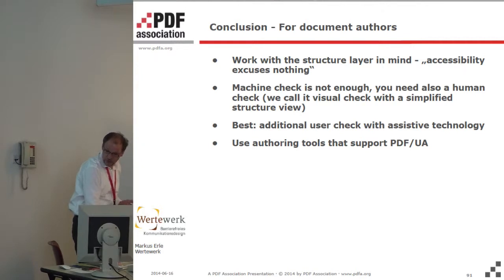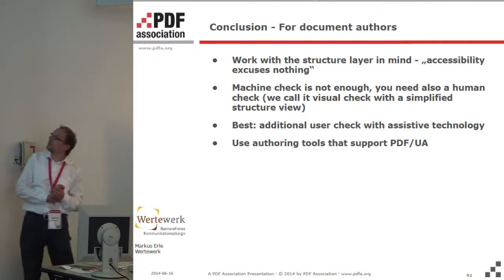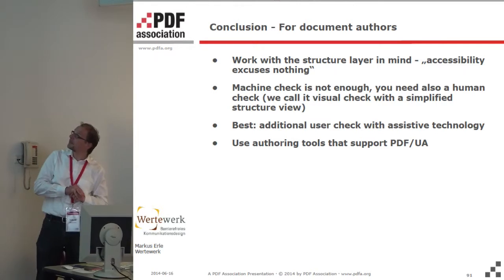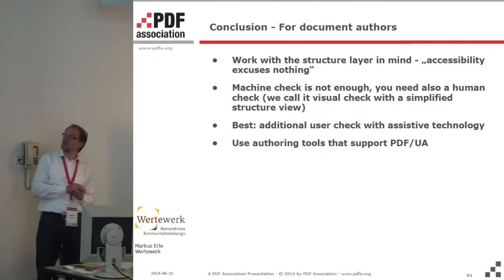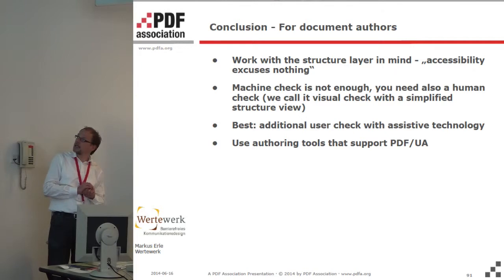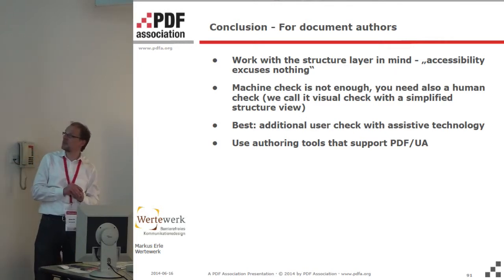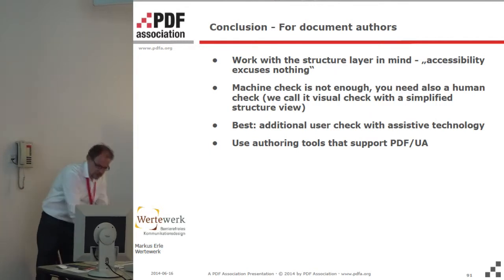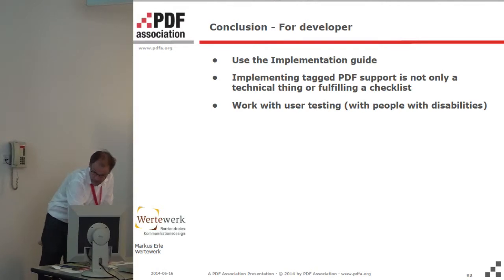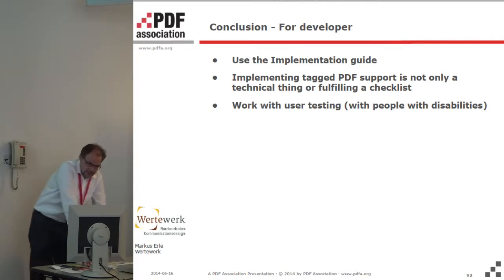Some conclusions for document authors. Work with the structure layer in mind. Machine check is not enough, you also need a human check. And best practice would be an additional user check with assistive technology. And use authoring tools that support PDF UA. For the developer, there is a special implementation guide for developers on how to implement PDF UA in software, use that, but